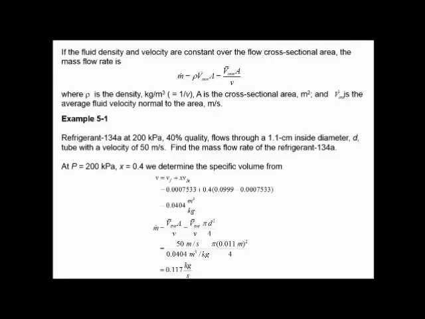Now after getting this specific volume, the reciprocal of this specific volume will give us the density. So we'll consider the mass flow rate as V average into A by v, that is the specific volume. This area can be written as pi d square by 4. Similarly, by substituting all the values, we get mass flow rate m dot is equal to